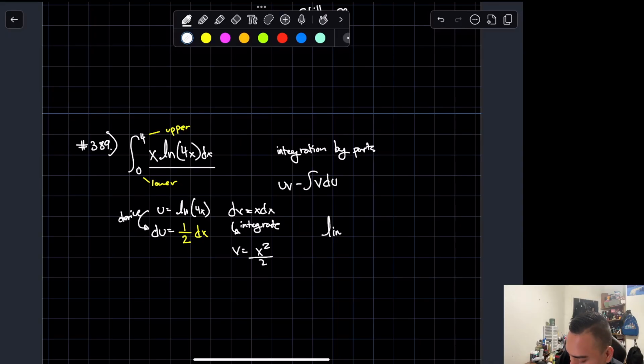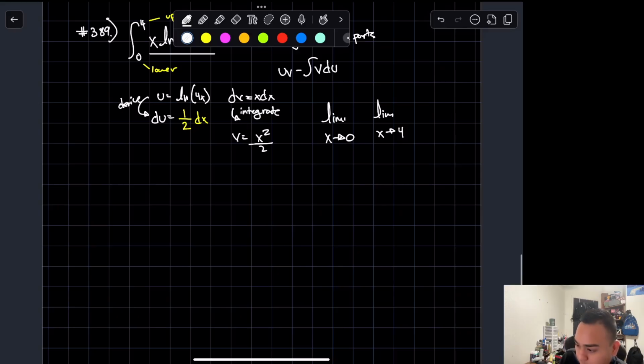Now our limits, we have to do x as x approaches 0 and x approaches 4, right? So if we kind of rewrite this, we're going to have two separate answers that we've got to do. So if we bring this down, because we've got a bunch of numbers on the board, we've got to organize our thoughts. The integral of x ln 4x dx is going to become x squared over 2 ln 4x. We're going to put a bar because that just means that we have to do our upper and lower limit separately,